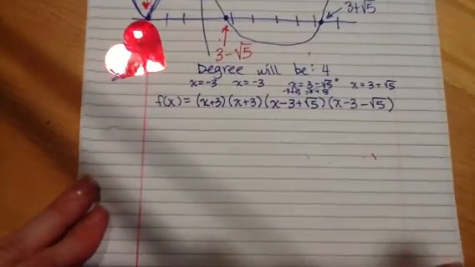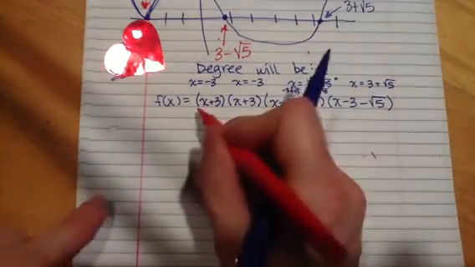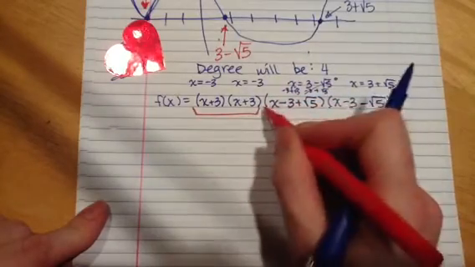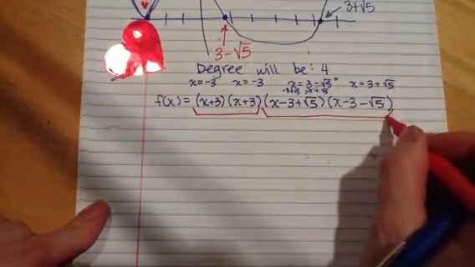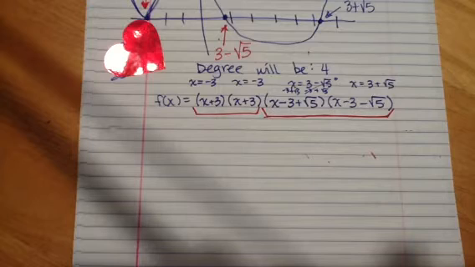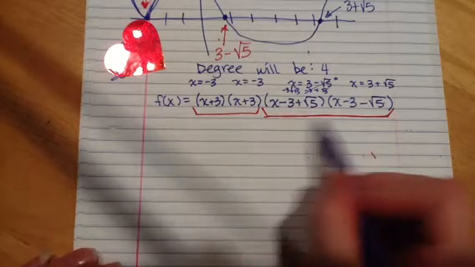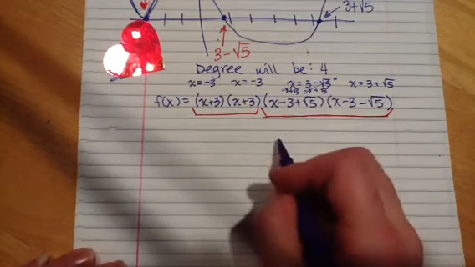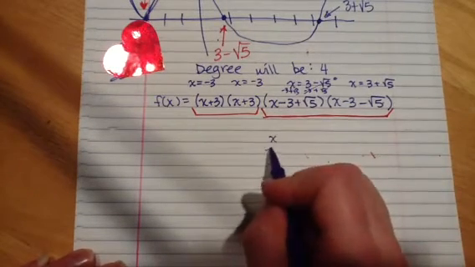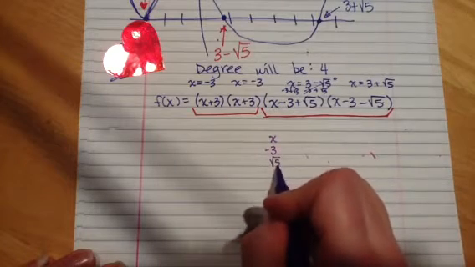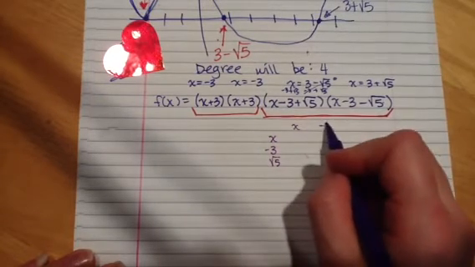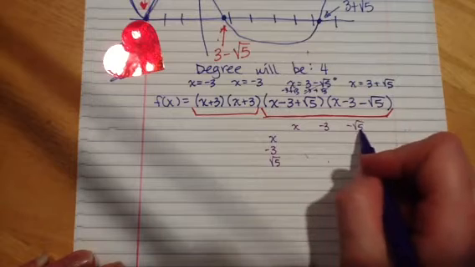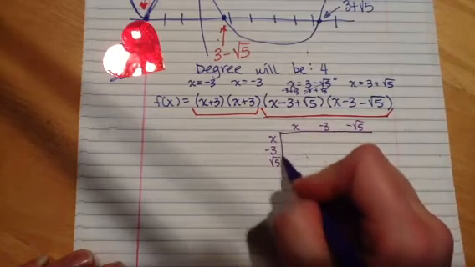Now the same approach is going to hold as it did before. I'm going to multiply these two together, and I'm going to multiply the ones that are compatible together. But I'm going to tell you that I will use the box method right away to multiply my two irrational roots. So I will take x minus 3 plus the square root of 5, and then x minus 3 minus square root of 5. And I'll put that together in a